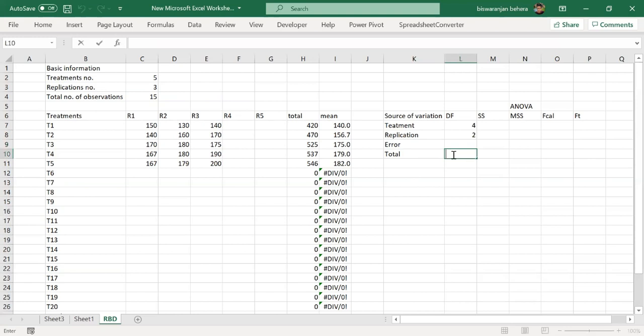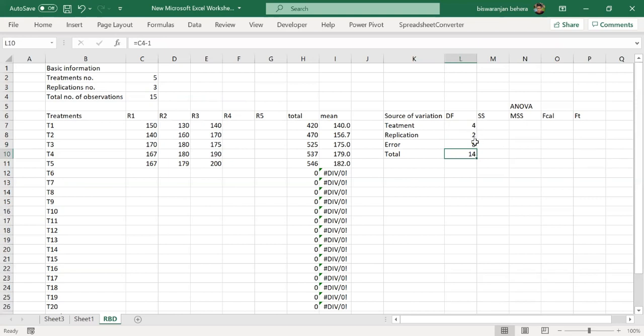And then we have to calculate the total degree of freedom, that is the total number of observations. So give the equal to sign and select the total number of observations and minus 1. Okay, so after that the next step is calculation of error degree of freedom, and error degree of freedom is total degree of freedom minus treatment degree of freedom and replication degree of freedom. Okay, so in this way we calculated the error degree of freedom.